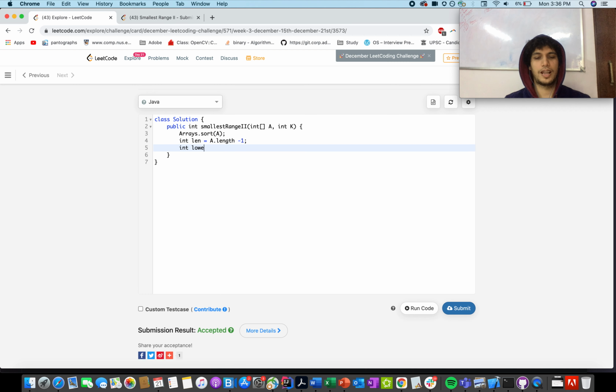Integer lowest value would be equal to a of 0. Integer highest would be equal to a of len. And let's store the result. One of the possible candidates for the result would be highest minus lowest, because you will be adding k to it and subtracting k from it, so it will balance out.